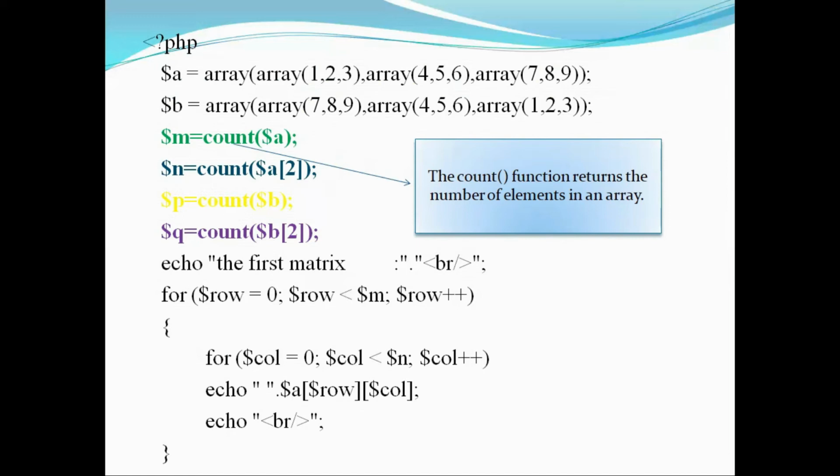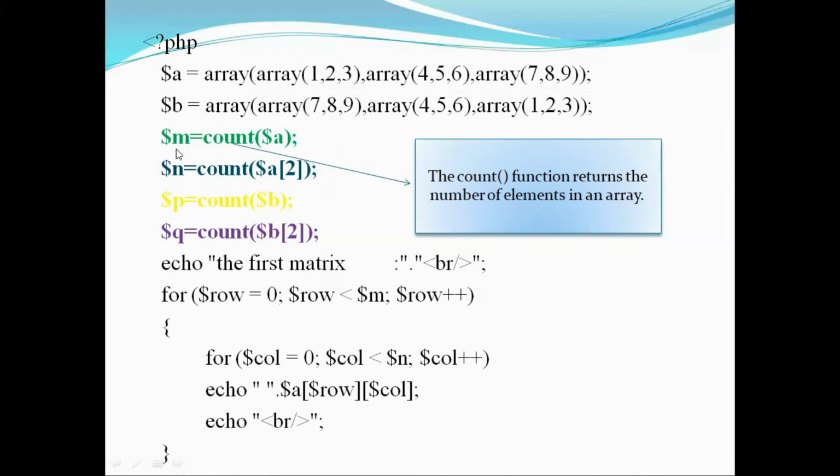1, which indicates the count recursively, counts all the elements of multidimensional arrays. Just look at that. Here we used one variable called m. What is the use of that variable? In order to count the number of rows in an array, we use count of $a, which will return the number of elements in an array